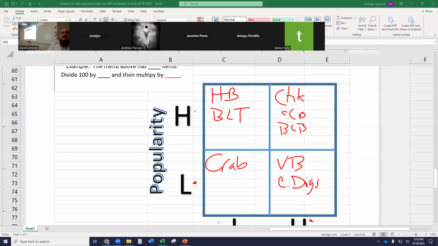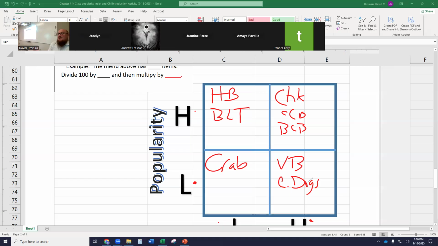We have 5 minutes. Okay. So veggie burgers and corn dogs. They're really a super contribution to our profit. They contribute to our profitability, but they're not super popular. So we're just going to get rid of them because they're not popular? No, why not? Go ahead, Sebastian. They do make money, okay? But why would we maybe want to consider getting rid of them? What characteristic about those two items?